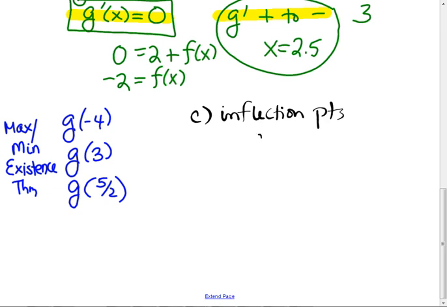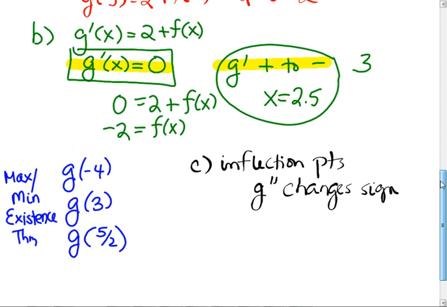Where do I get inflection points? I really don't know. Where the second derivative changes sign. All it has to do is change sign. There's my reason. I'm going to look at my graph, and I'm going to look to see where the second